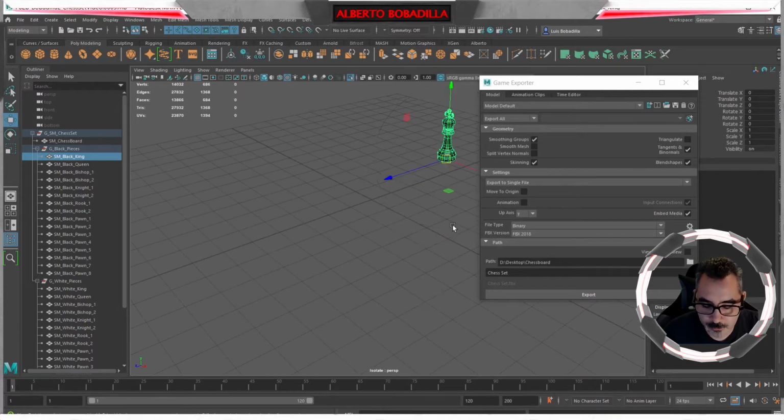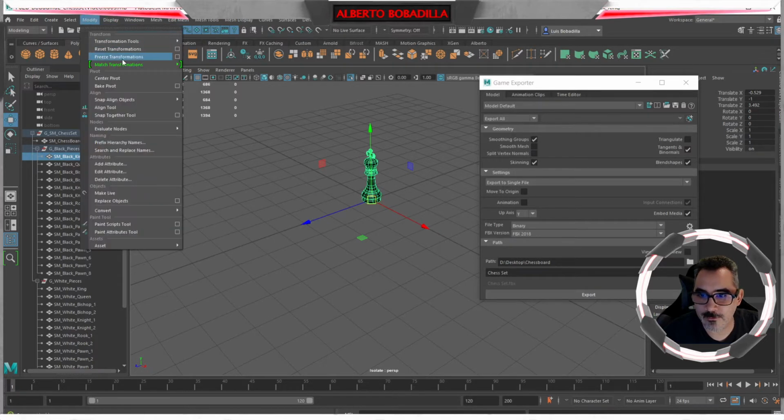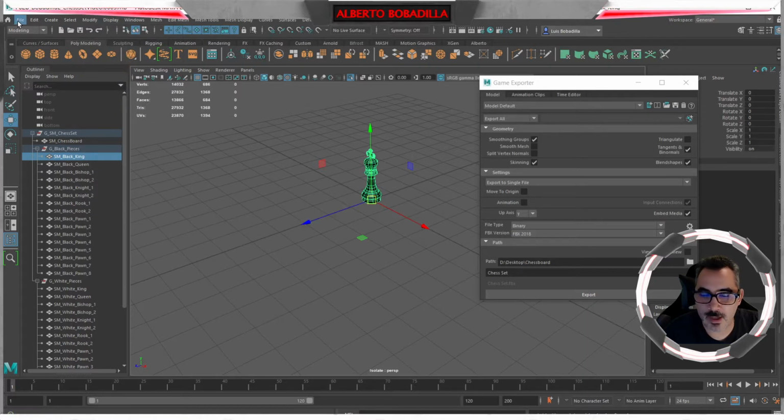I'm going to press W for movement. I'm going to hold X, and X is going to let me move around by snapping into the grid. So I'm going to take that. The values here need to be reset. So I'm going to go to my Modify, Freeze Transformations, and then again, I already have that game exporter, but as a reminder,